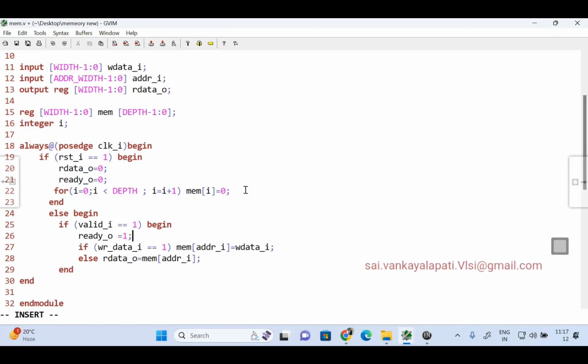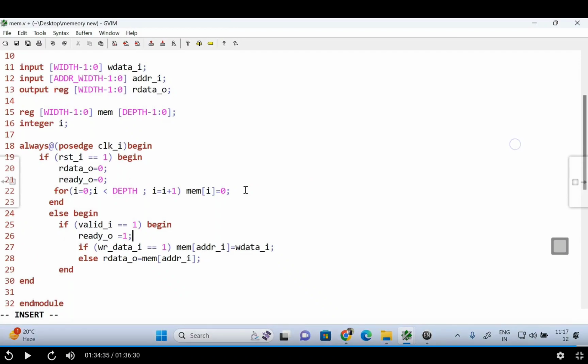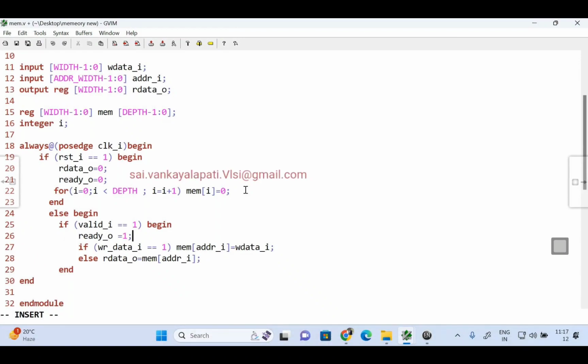So with this, you understand how many ports will be there for the memory, which ports are input ports and which are output ports. Based upon the size and the width, how to declare the depth and the addressability. Then we understood how to write the behavioral model. If reset is equal to 1, we make our memory locations 0. Read is also 0. Then if valid is 1, ready is 1, and write data, read data enable is 1, then we are writing the data. If write data is 0, then we do the read operation. You understand? So try to write a test bench for this. We'll continue in the next session.